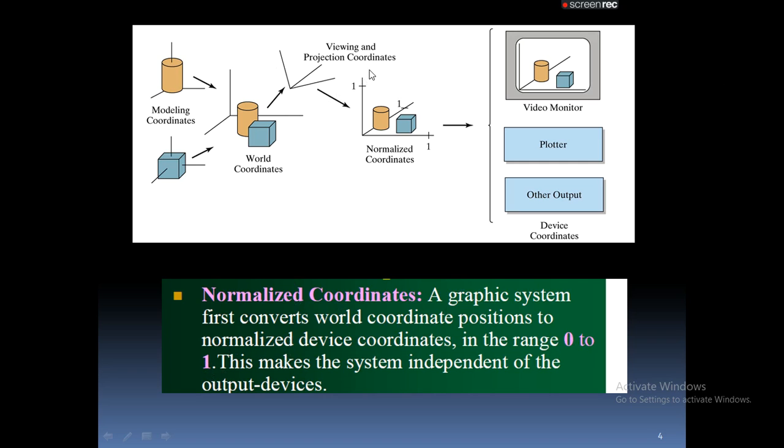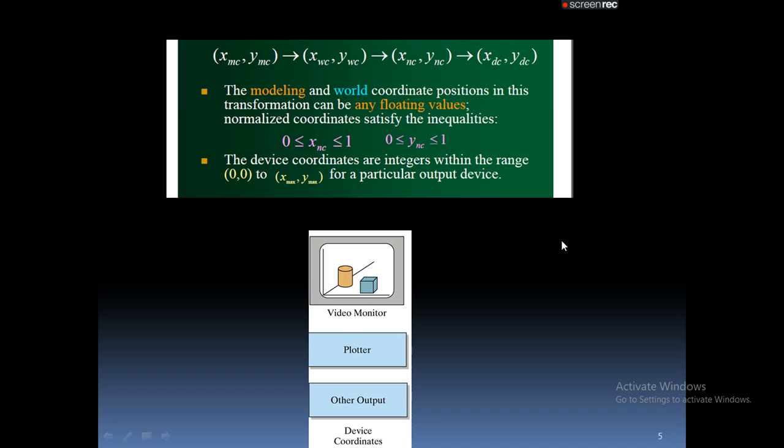Now we converted viewing coordinates to normalization coordinates. Next, we need to convert normalization coordinates to device coordinates. When you map normalization coordinates to device coordinates, the created image is displayed on the screen of the monitor. We already know that the device coordinates range from 0 to x max and 0 to y